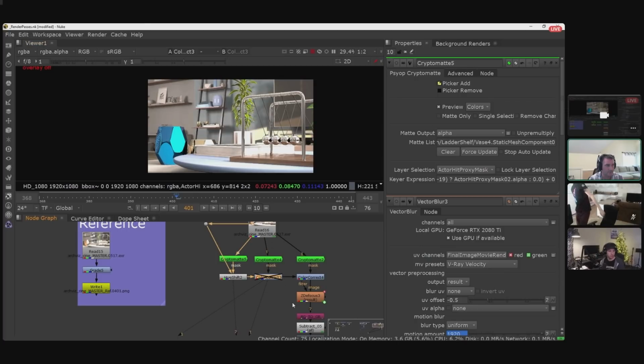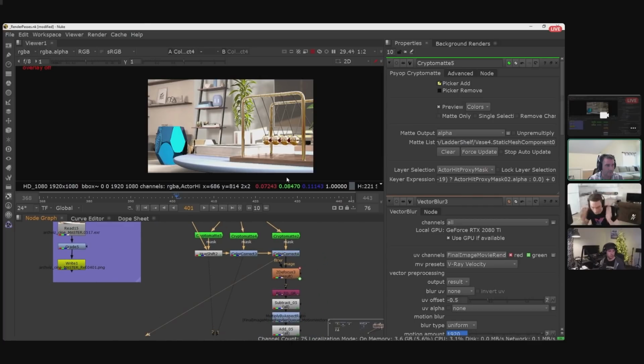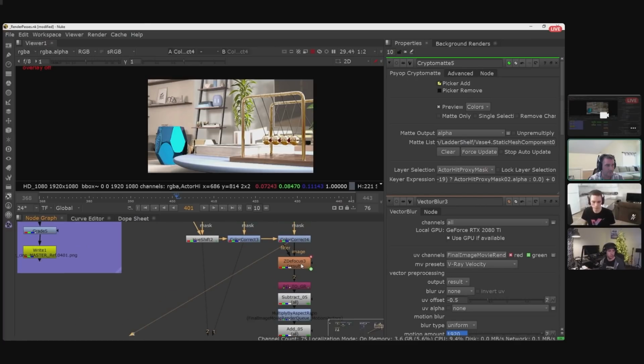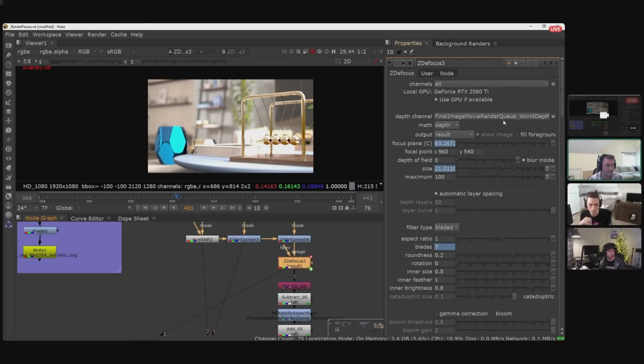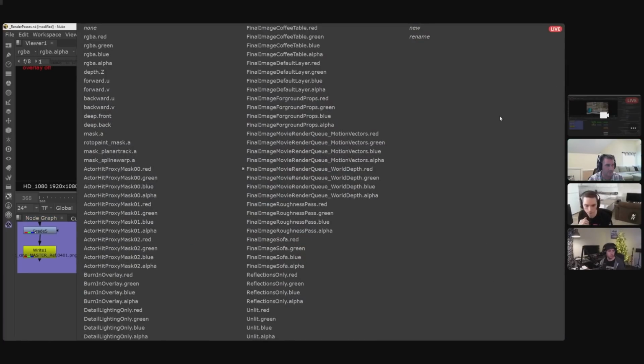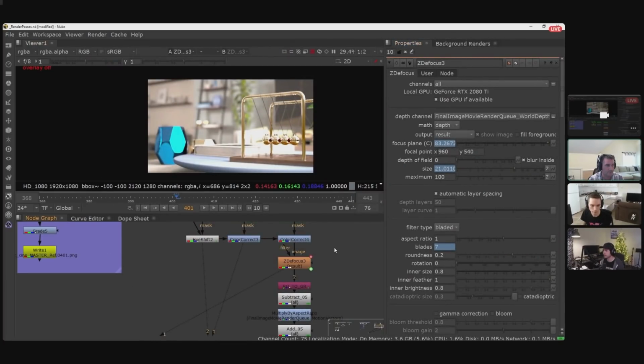Toggle that on and off using that mask. And as Matt was saying, if we step further down the tree, now I have this Newton's cradle changed as well with a similar mask. And we can pipe that into this defocus node. So if I preview that node, you can see here that we're using, as Matt had mentioned, the world depth channel. I popped this open. Sorry for the large screen resolution. I don't know if you can see it, but it's the world depth here that I'm using.